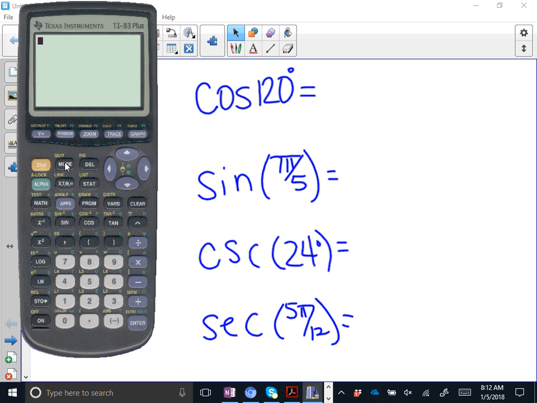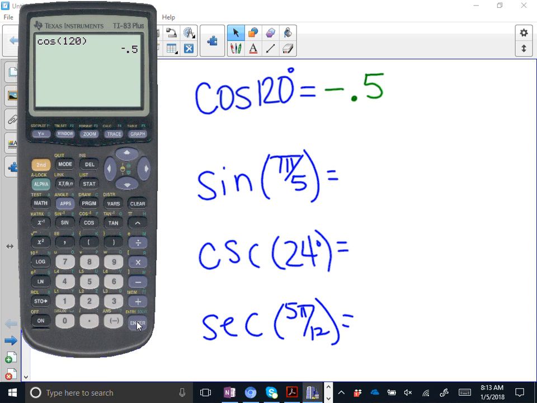We used that when we were doing all of our matrix work. Okay, so now I can type in the cosine of 120. Since it's in degree mode, it knows that 120 is a degree measurement. And the cosine of 120 degrees is negative 0.5. Now,